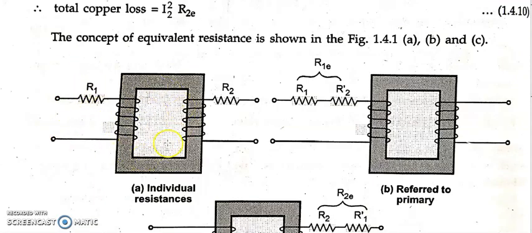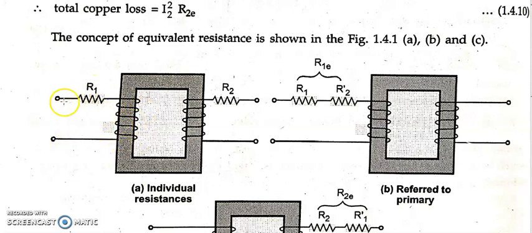Now you can see one of the diagrams we have drawn. This is the primary circuit and this is the secondary circuit. Don't bother about this, it is nowhere related as of now. Just worry about this. We know that V1 is supplied to the primary circuit, and E1 is the EMF induced in the primary circuit. What about R1? R1 is the collective resistance of the total winding present in the primary. Similarly, R2 is the total winding resistance present in the secondary. Instead of showing it over here, they have shown it here. We should think of R1 as the total resistance of this winding.